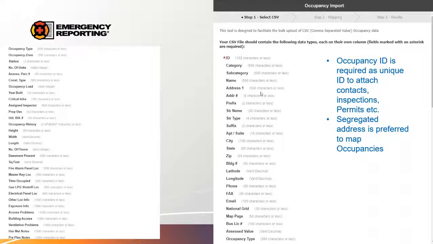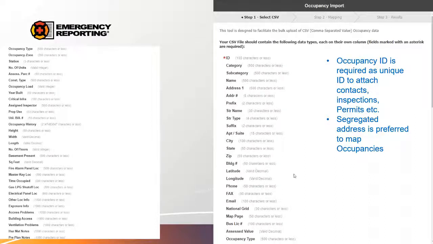If that's the only way you can get the address information, that's fine. That's what that address one field is for. But the most recommended way to get your address information into the occupancy module is the segregated address, where it's broken up into fields of street number, street name, street type. It just makes it a lot easier for our system to map that.